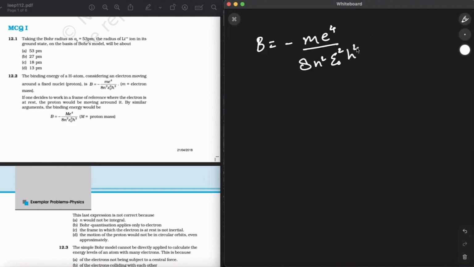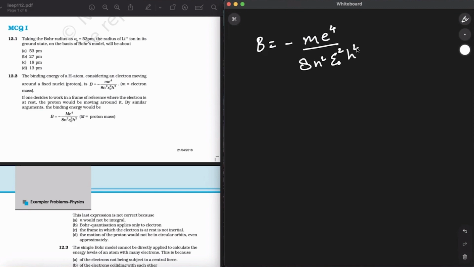If one decides to work in a frame of reference where the electron is at rest, the proton would be moving around it. By similar arguments, the binding energy would be this, where m is the proton mass. This last expression is not correct because